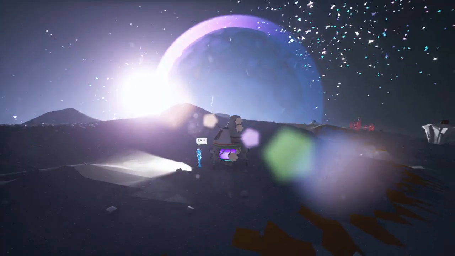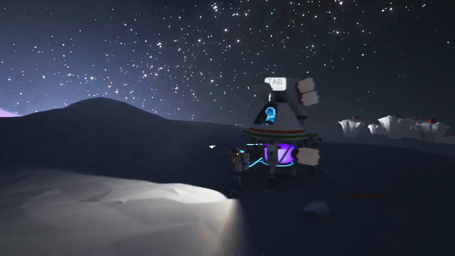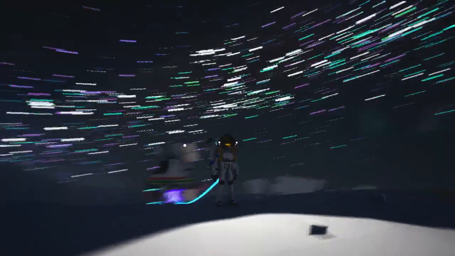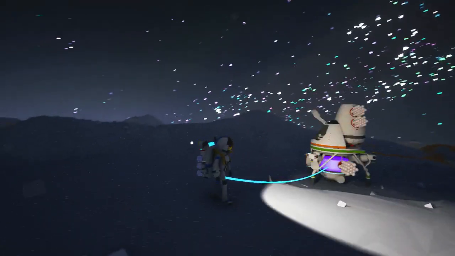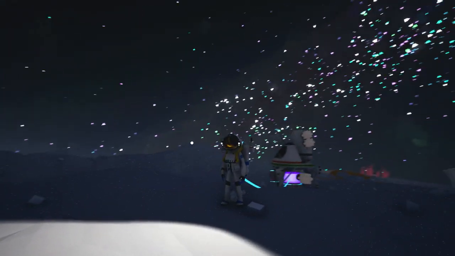Is that getting closer? That seems a bit weird. I don't know. Anyway, let's hop out of our little pod here. We're on the moon. And wait, I thought it was over there. What's this? Was that another planet? Was there another one coming past? Maybe. Very weird. But anyway, here we are on the moon, known as Barren, I believe, and we're close to